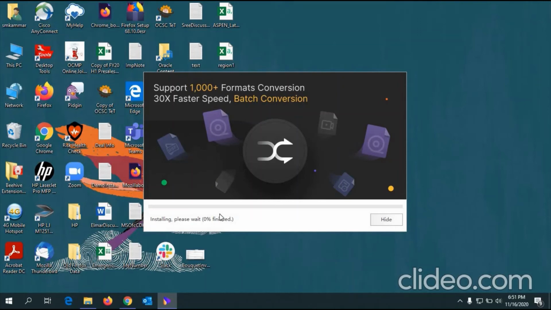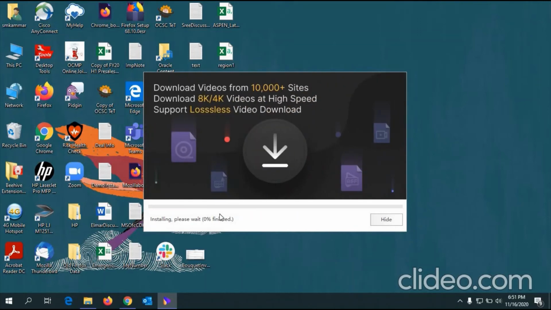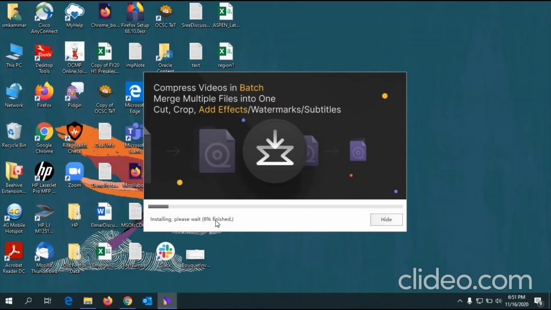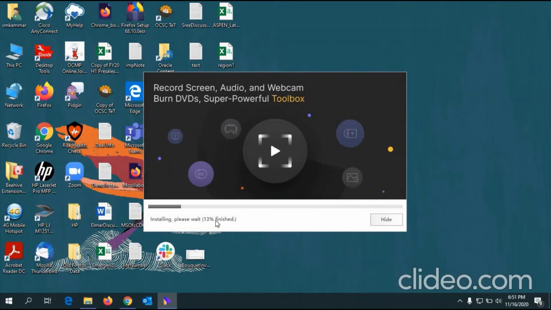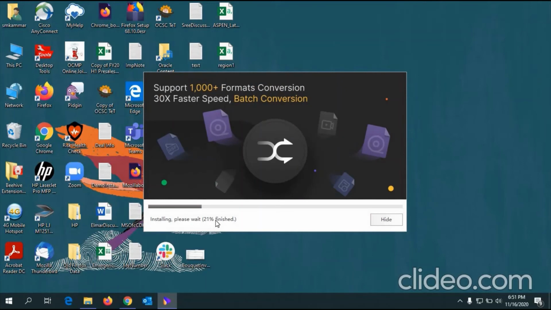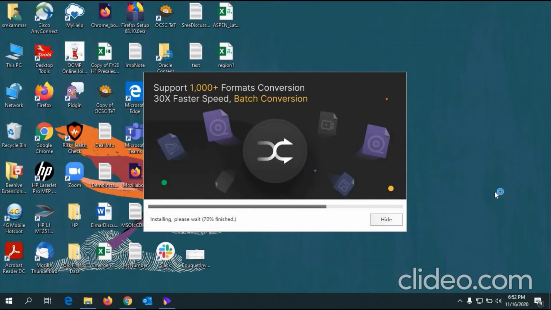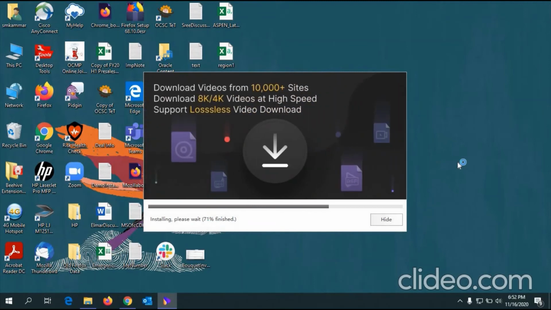It's also very secure. It's now 3%. Okay, now 71% is finished.